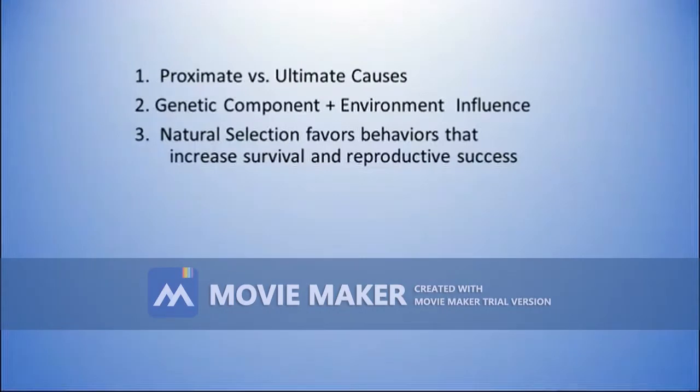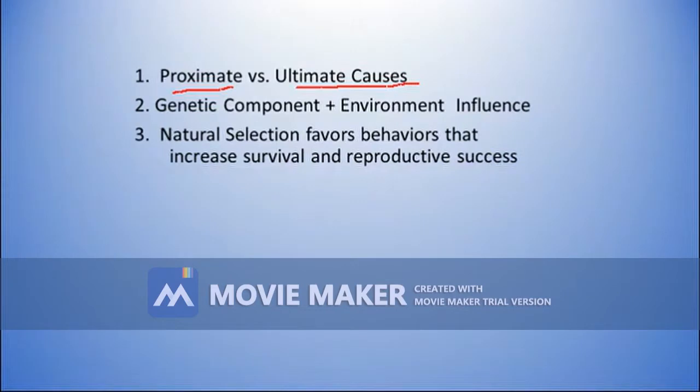So let us start with proximate and ultimate causes. What are these? If you just go by the meaning of proximate, it means closest in relationship, immediate. And if you go by the meaning of the word ultimate, it means being or happening at the end of a process. So when it is a process, it is a mechanism through several procedures. That is why the ultimate is a collection of some procedures to get an output.